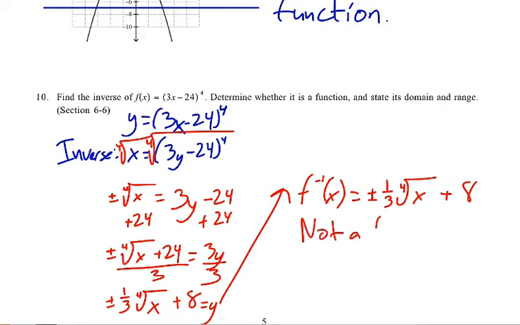One thing that you can use to identify whether something is a function or not is that plus or minus. If it has a plus or minus in it, it cannot be a function. That means we're going to get two outputs depending on what we plug in. We're going to get two outputs from every x value. So that's going to have more than one output, which means it's not going to be a function. Now for domain and range,